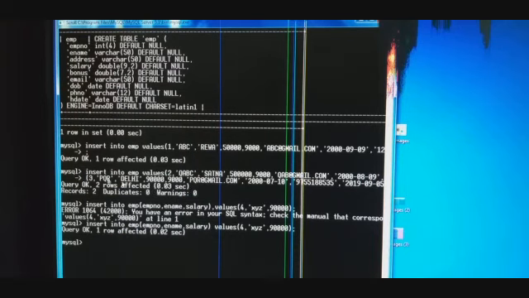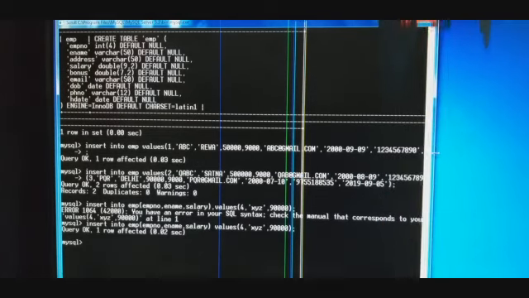Now here you can see that I had inserted one record into our EMP table. Here you can see insert into EMP values 1, ABC, Riva, 50,000, 9,000, abc@gmail.com, and here a date is provided over here. Okay, and I had also provided the mobile number, and afterwards the hire date. Hire date is also provided over here.